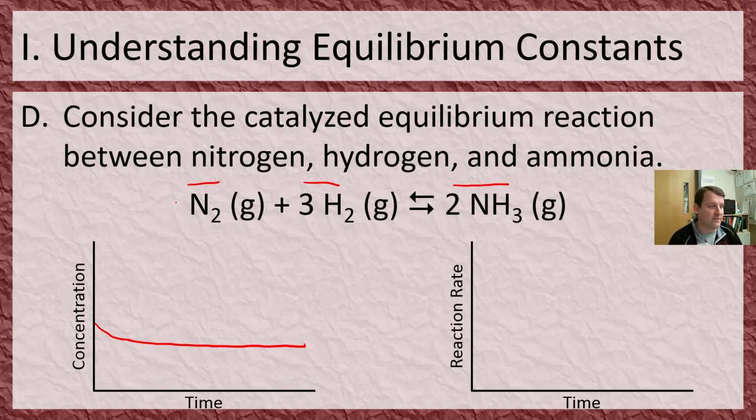Now you can see here that if N2 is used up at 1 mole per second, hydrogen is being used up faster at 3 moles per second. So it's going to have a faster concentration curve. It's going to be a steeper curve, but then it's going to level off as well when it reaches equilibrium. At every point along the way, the slope of this line is 3 times steeper than this line because the reaction rate is 3 times faster. Now our NH3, as these are being consumed, is coming from a 0 concentration up to some new concentration. And I'm going to draw it